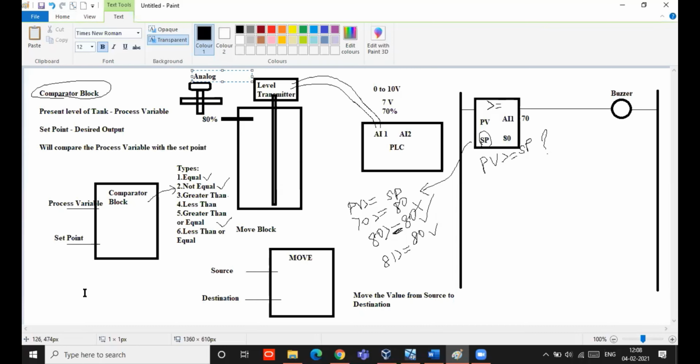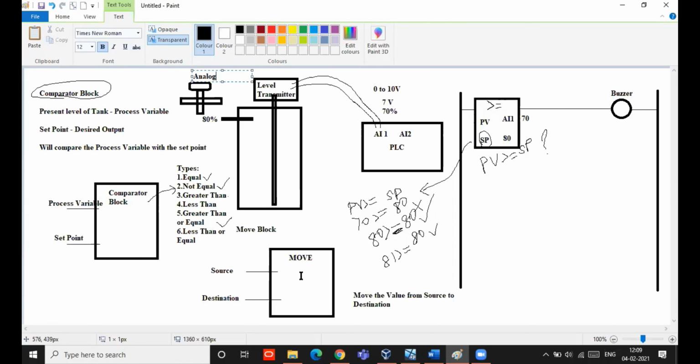Analog valve means the valve will not be fully opened or fully closed. It will be gradually opened, like 70% open, 80% open, like that. So this valve has to be open or closed by this much percentage, and I have to mention that. If the tank level reaches 80, what should happen? This valve should be closed to 10% or opened, like that I have to mention.